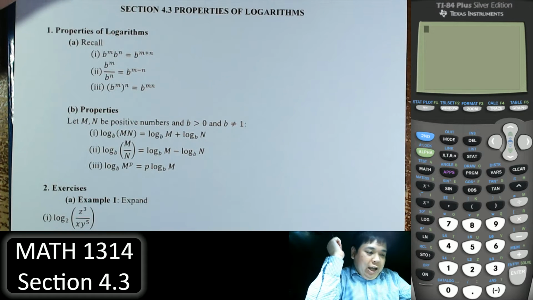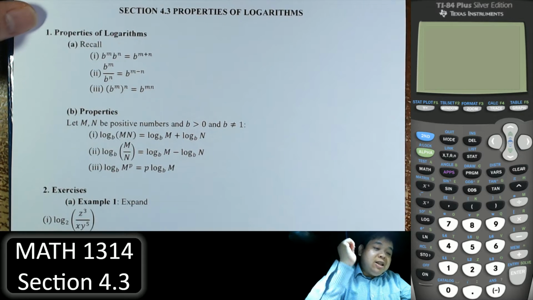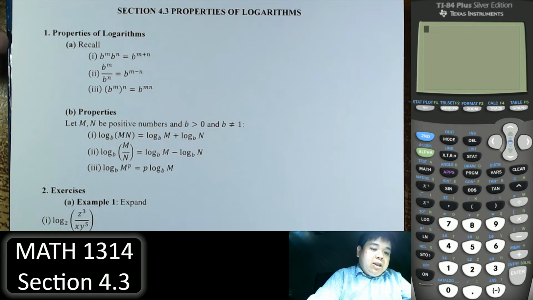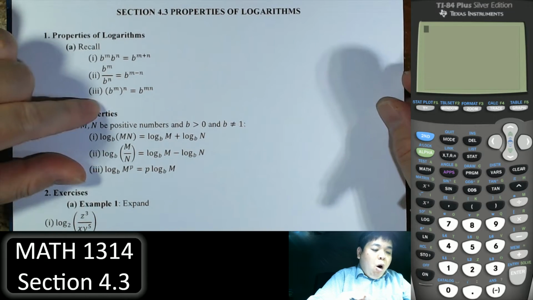Hi everybody, welcome to another video in course Algebra, section 4.3, properties of logarithms. We have more properties of logarithms